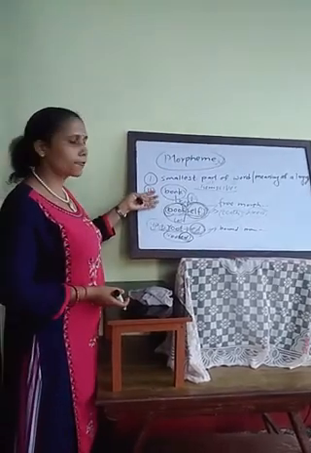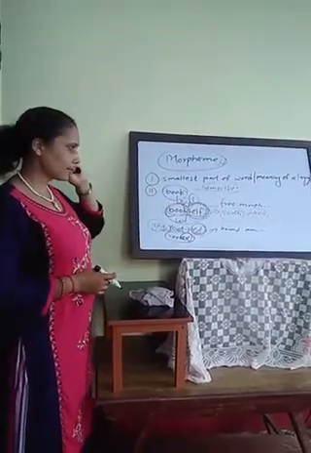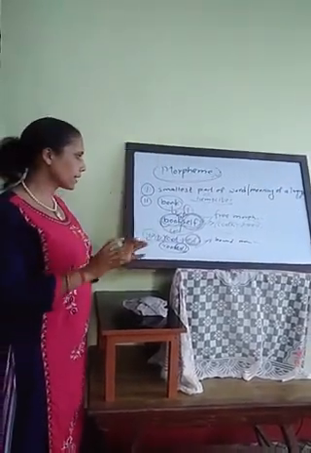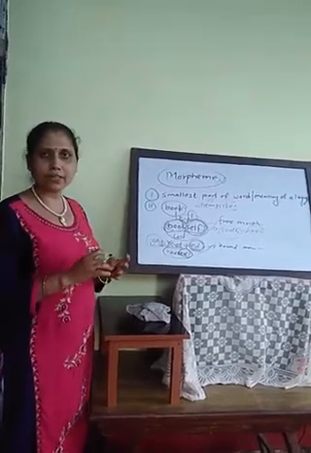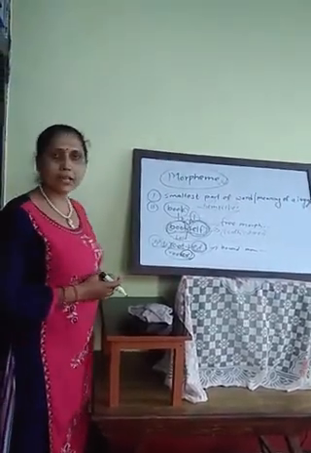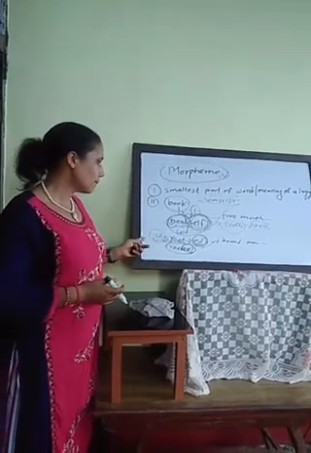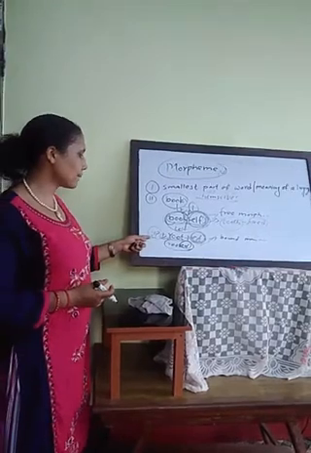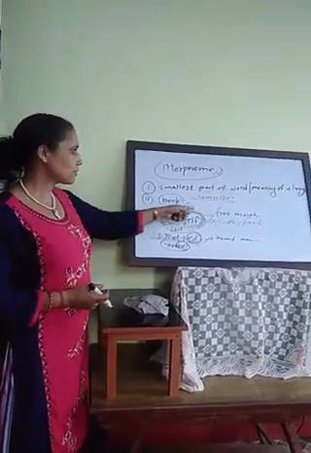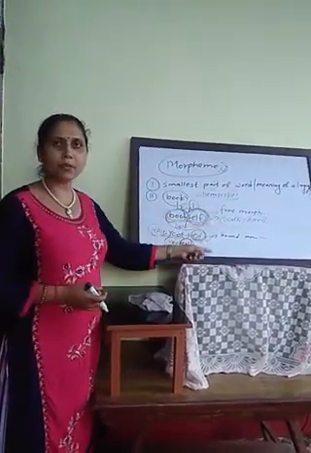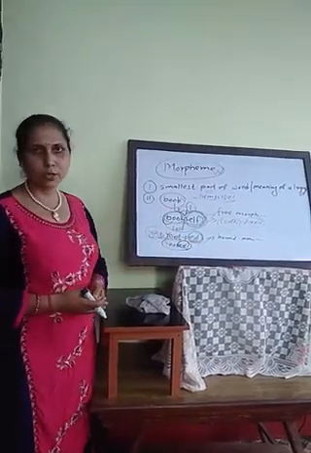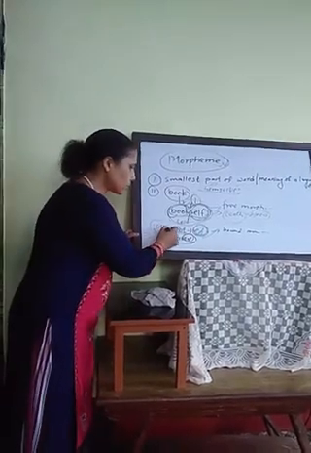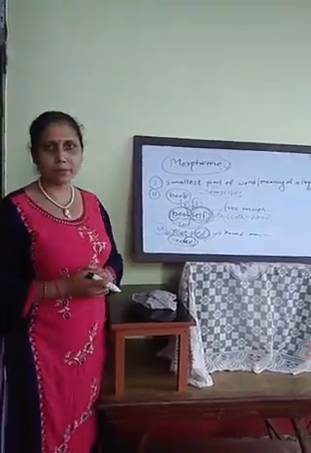The words which have free meaning, or meaning in themselves, are free morphemes, and bound morphemes are joined with three types. One is prefix, another is suffix, and the last one is infix. By these types, a bound morpheme is made, and it doesn't have meaning in isolation. Free morphemes have meaning in isolation, but bound morphemes don't, so they are bound. When connected with the root word, only then does it generate meaning.